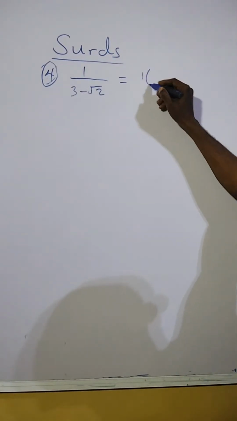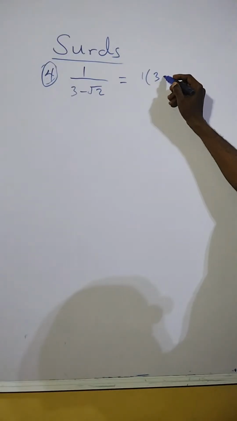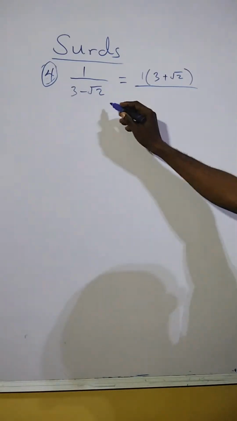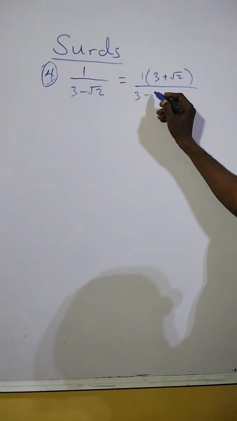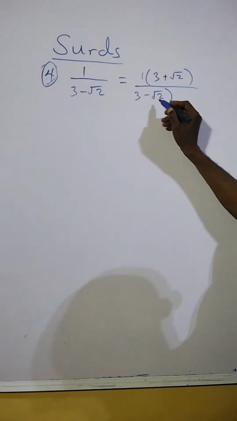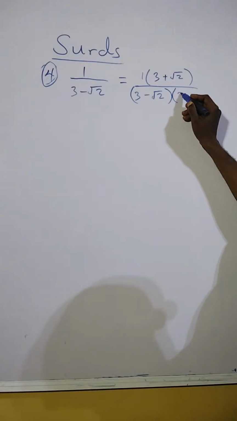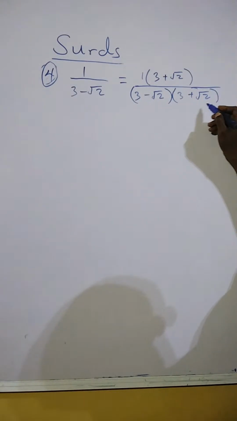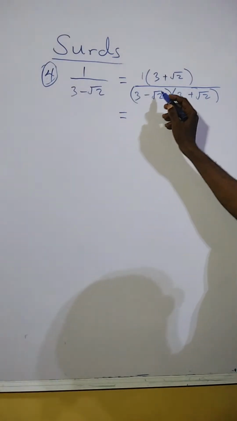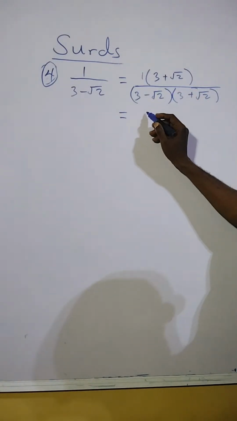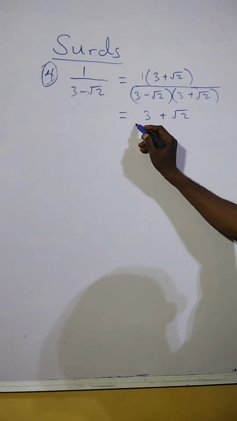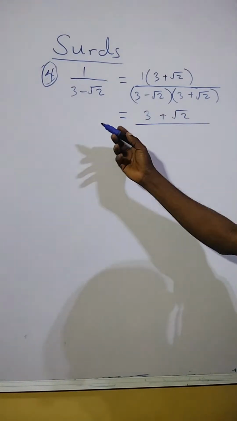This becomes 1 times the conjugate here, that's 3 plus root 2, then divided by, also multiply this by the conjugate, that's 3 minus root 2 multiplied by 3 plus root 2. Here 1 multiplying this, we still have 3 plus root 2 divided by, here these are also conjugates,